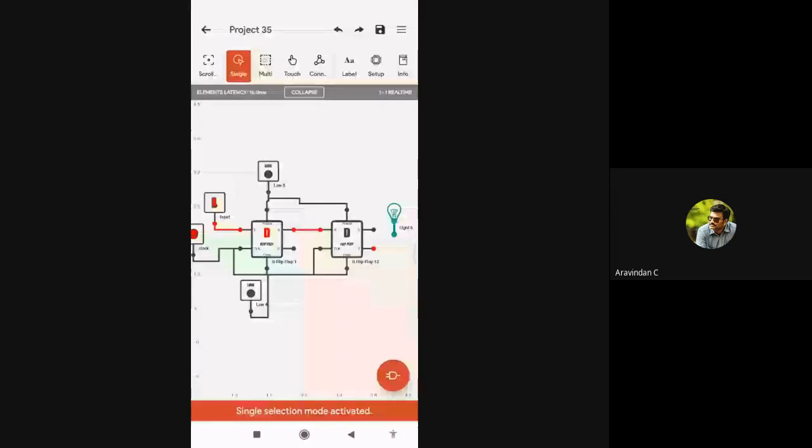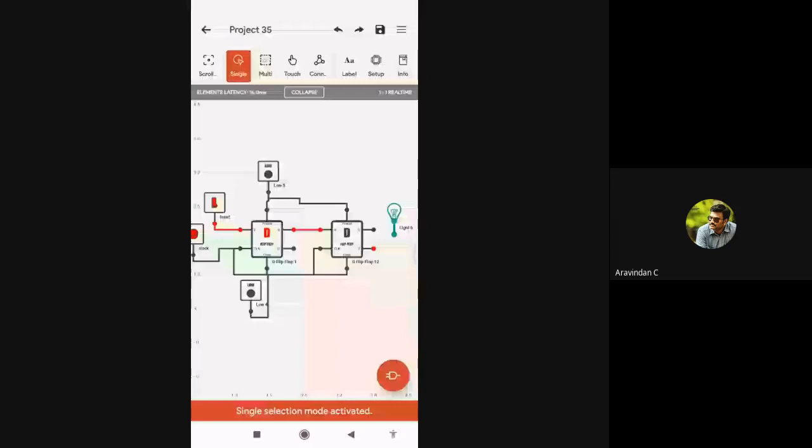For example, in some cases I'm getting the output as high, but in that case I don't want the high for my LED bulb, I want only a low output. If a low output is required, I can take the output from the Q bar. Understood. For example, I'll show the output also here.